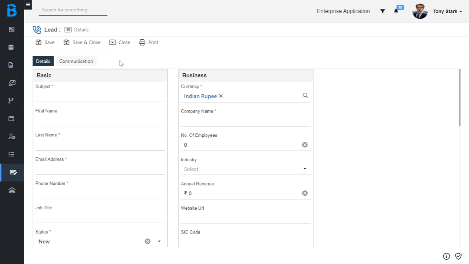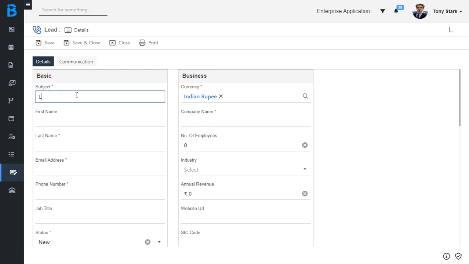Now I am going to add the details to the required and mandatory fields of this form. Now I am going to add a subject as lead for wall.